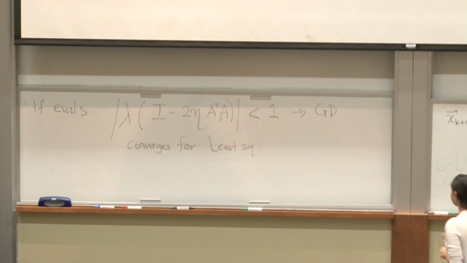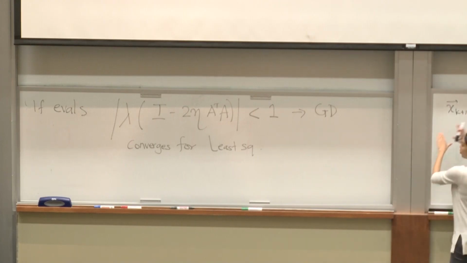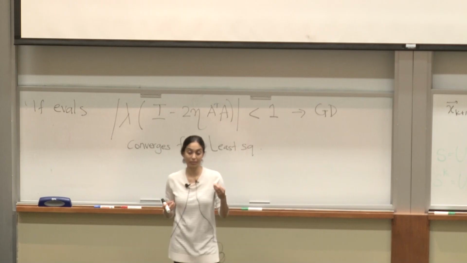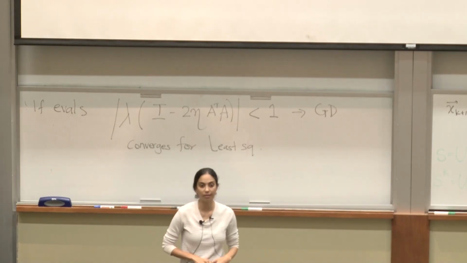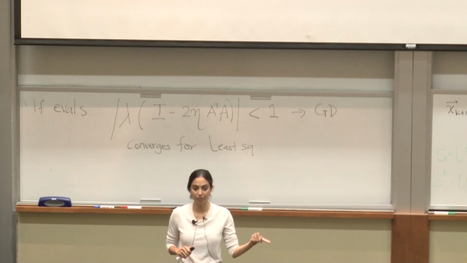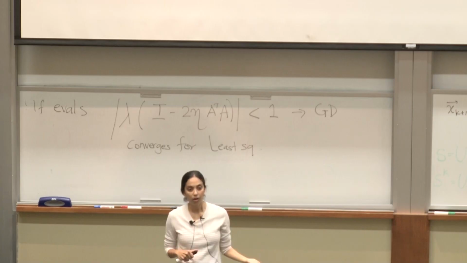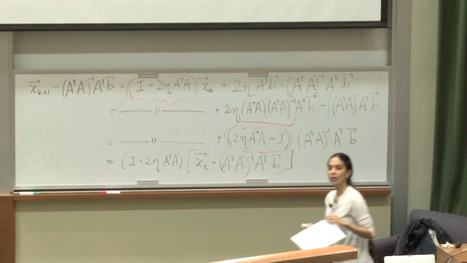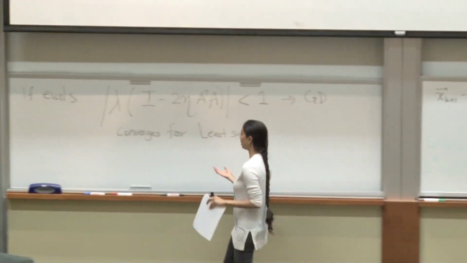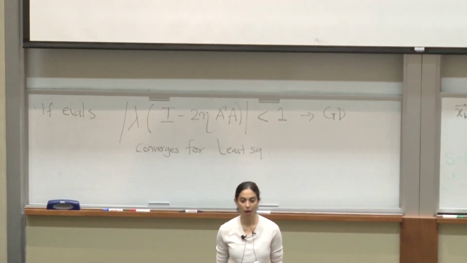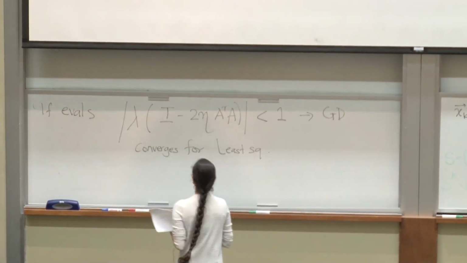And in general, this is one way of proving convergence. You could also prove convergence more directly by, for example, computing a particular value of a function, right? Here I'm looking at the difference from the optimum, and that's a way of converging. Other ways of proving convergence also exist, right? So this is just one example of how to prove convergence. So what I'll do is give you a little bit of a preview of what's going to come next. This demo will show you a little bit about how gradient descent behaves, but since we cannot do that right now,